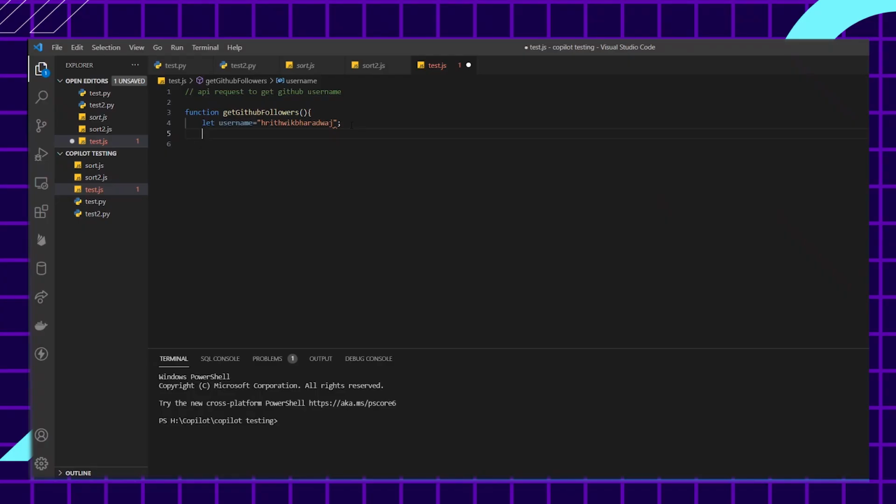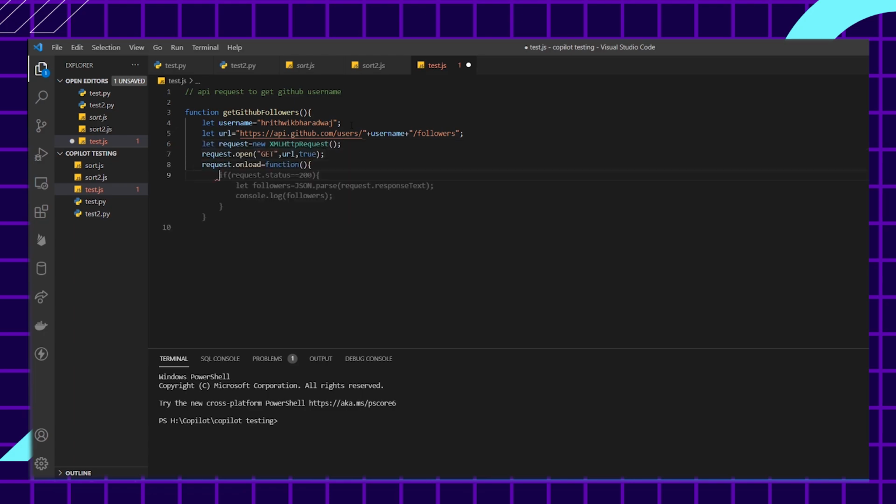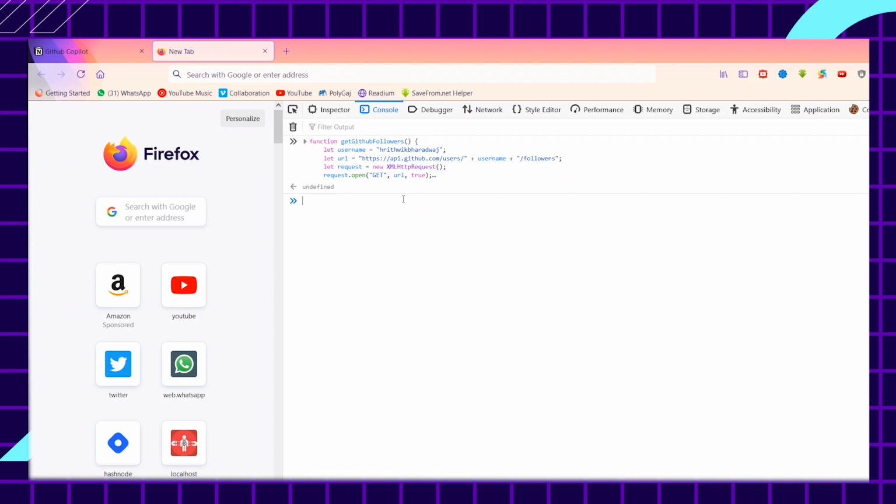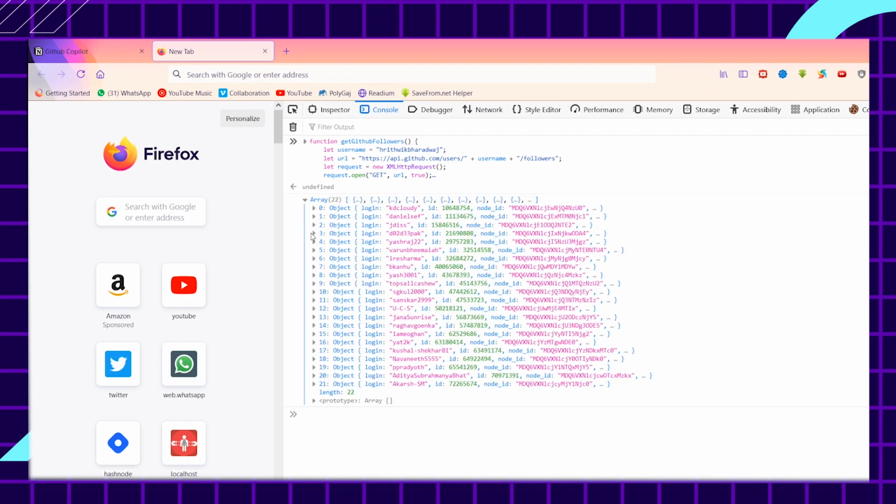Now, this is where AI could take over and help us. Secondly, it's working with public APIs like the ones with GitHub. If you look at the screen right now, I'm trying to get a list of followers from my account. Let me write a comment for this and start writing a function. Oh, we got a result. Let me paste this in my browser, since XMLHttpRequest and fetch are not included in Node by default. Wow, it works.